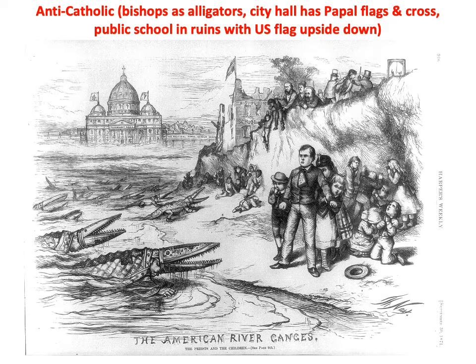Then finally, if you look at the building in the back on the left, Tammany Hall. That's what the city hall, the municipal government, was referred to in New York City at this time. And look on top of the dome, that's a Christian cross, representing the Catholics. And look, the two flags, those are the papal flags representing the Pope. So in other words, there's fear that the Catholics are taking over.